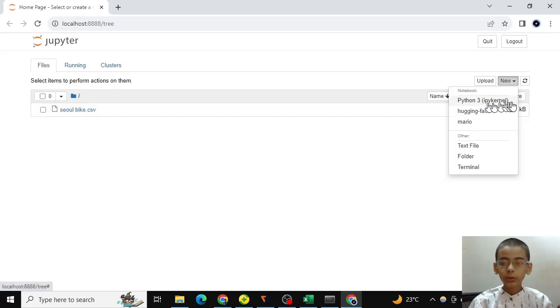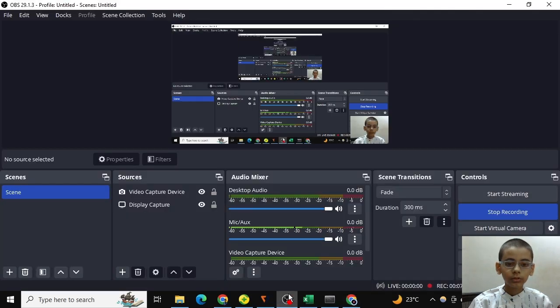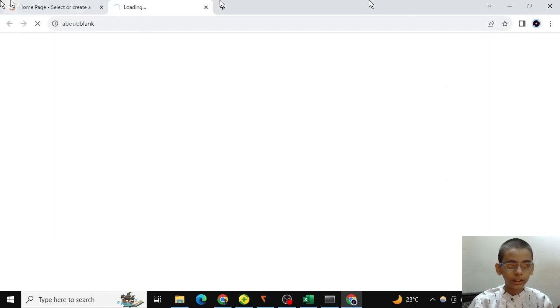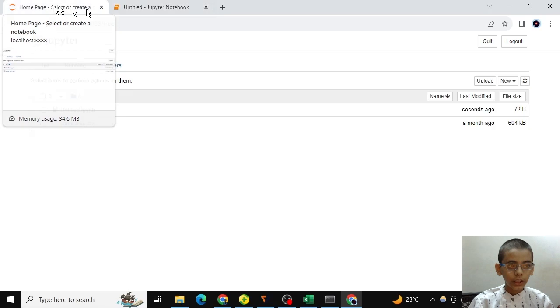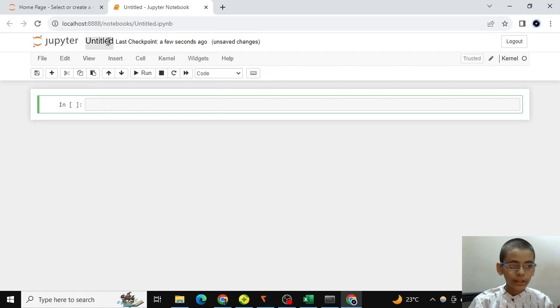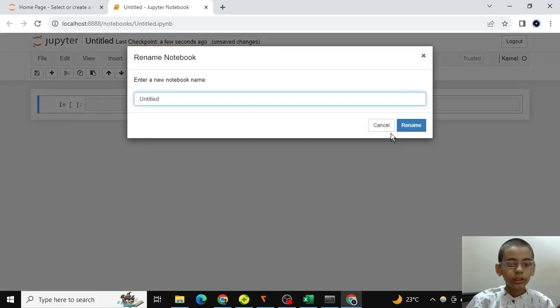By default, you will see only this kernel, not these two. So the notebook is created, and when you click on it, the interface will automatically open like this, and you have to rename the notebook. For renaming, click on the file name Untitled. So let me rename our notebook Bike Rate Prediction,